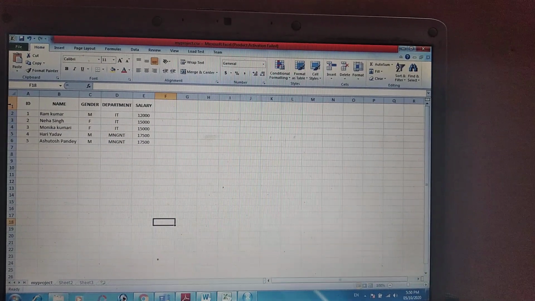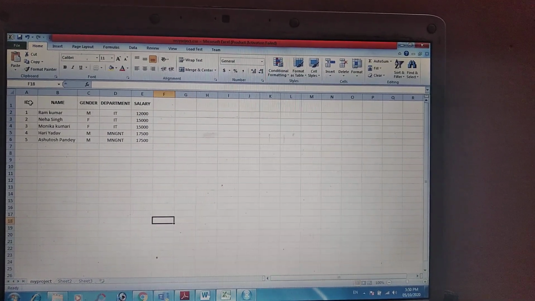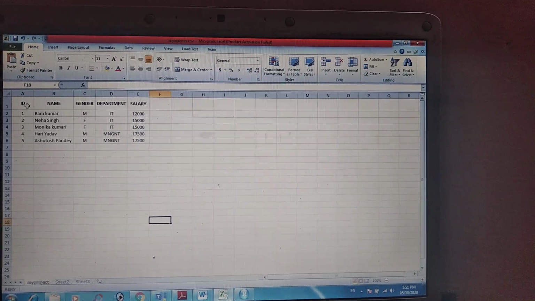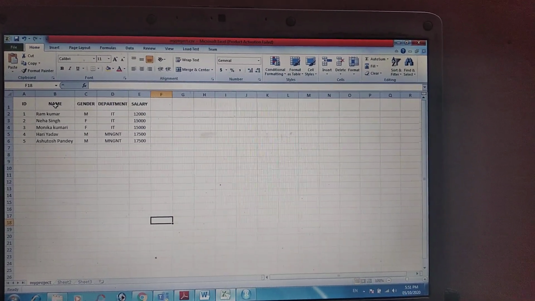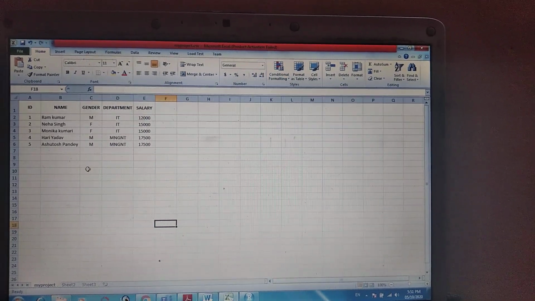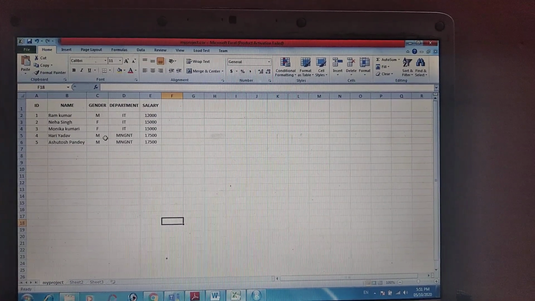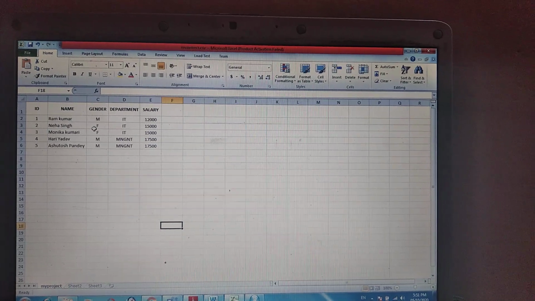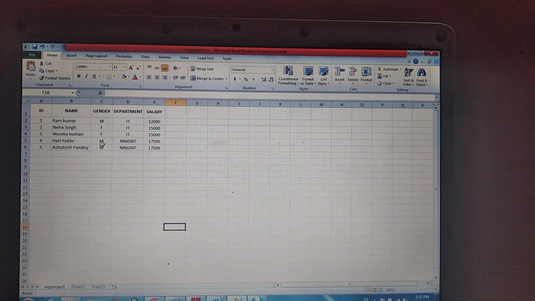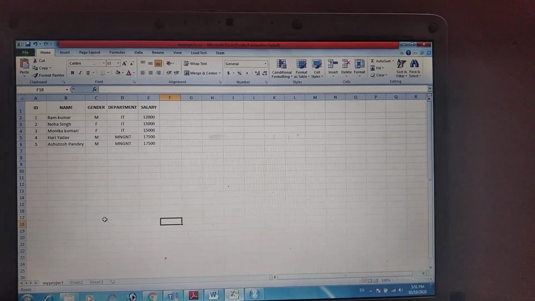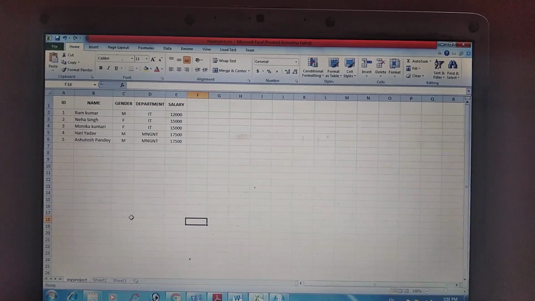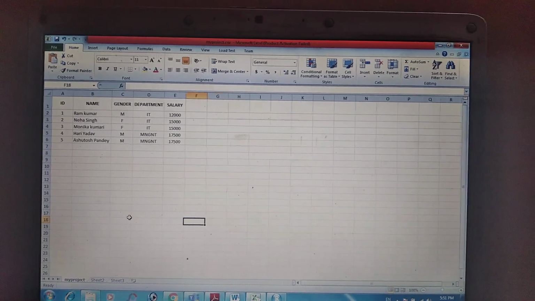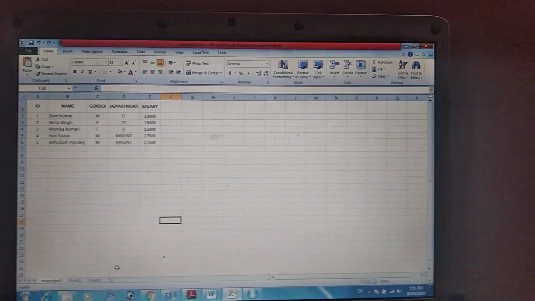We can see there are 5 fields: ID, name, gender, department, and salary. Basically, the project is based on a bar chart. So let's try to understand how to read this CSV file and draw a bar chart.